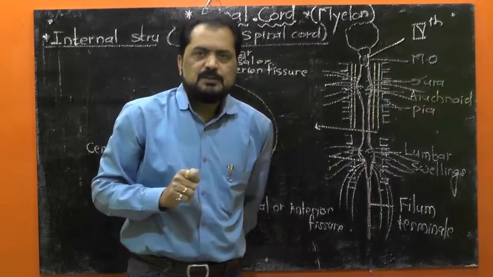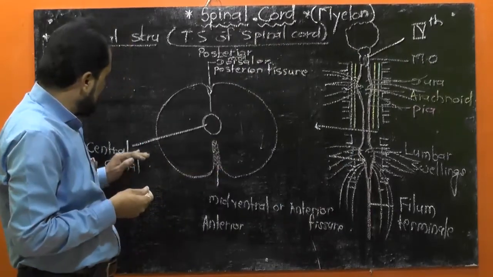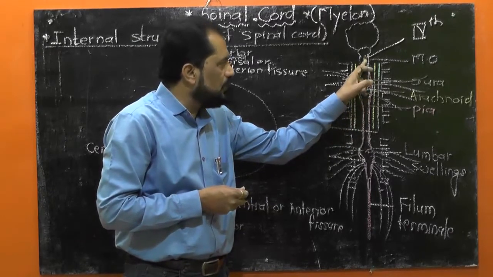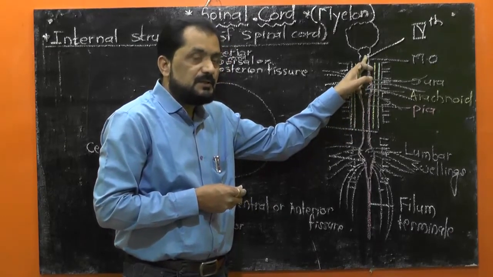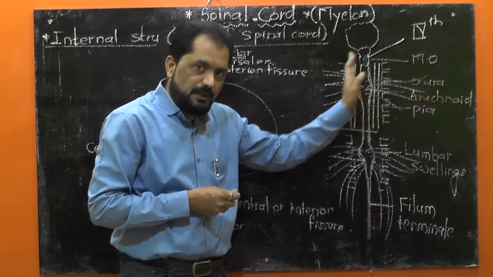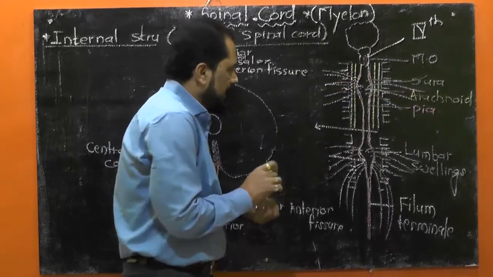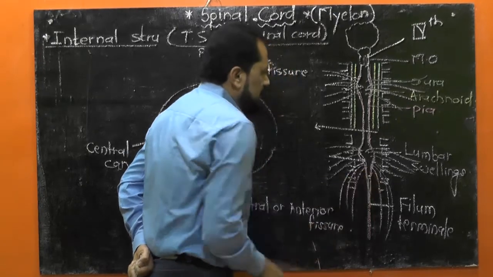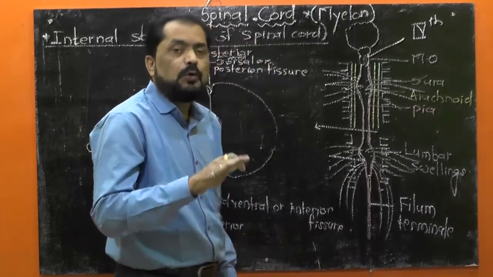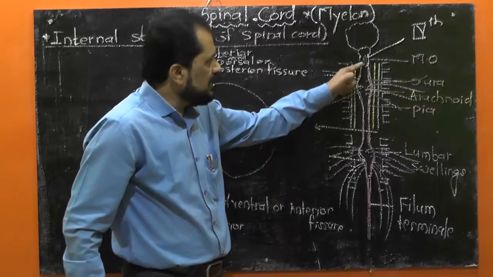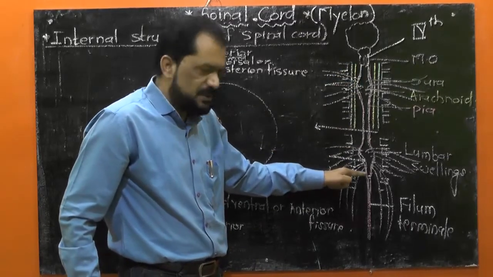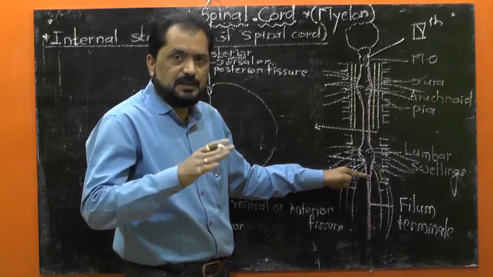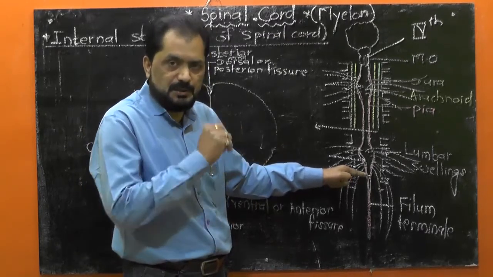I said that the cavity of the spinal cord, that is the central canal, is in communication with the fourth ventricle, that is the cavity of the medulla oblongata, at the upper end, and the central canal is closed at the lower end near the region of the conus medullaris. ज्या ठिकाणी स्पायनल कॉर्डचा मुख्य भाग संपतो, ज्या भागाला आपण कोनस मेडुलारिस म्हणतो, त्या ठिकाणी ही सेंट्रल कॅनॉल बंद असते,